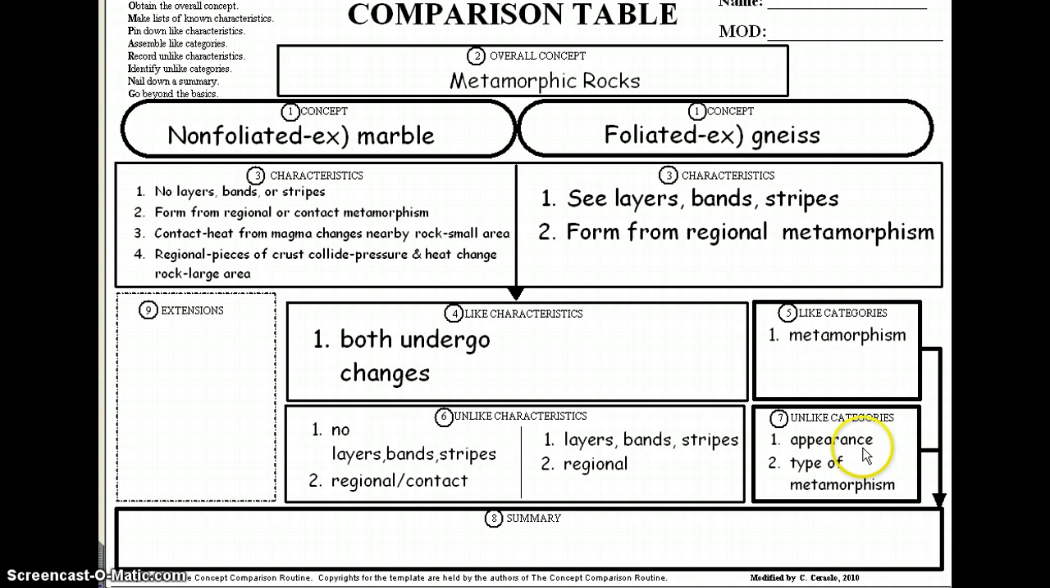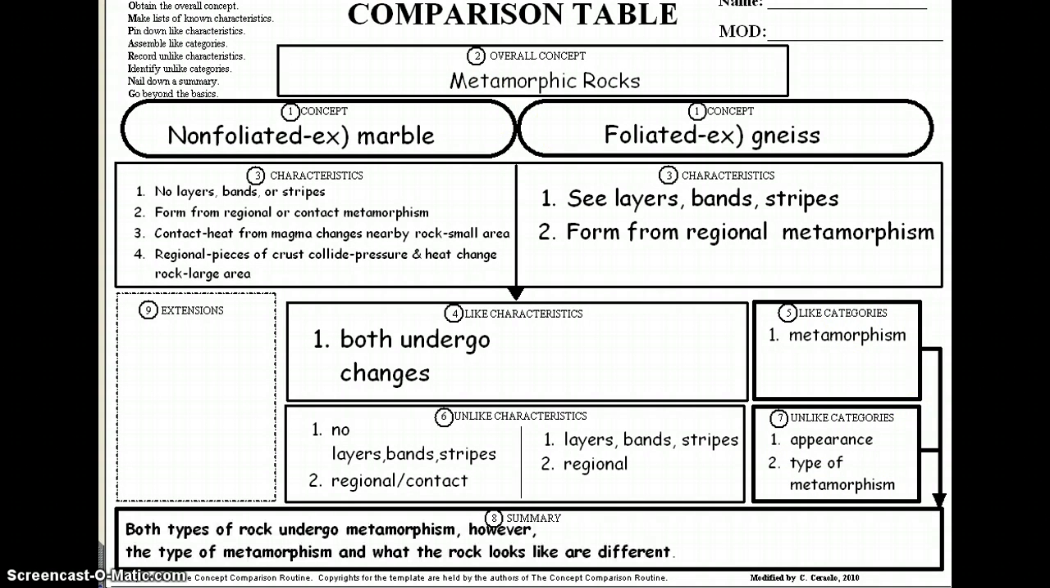Now, what we need to do is take these categories and put them together in a summary. So what we're going to do is say both types of rocks undergo metamorphism. However, the type of metamorphism and what the rock looks like are different. So this is a comparison table we completed, again, on metamorphic rocks, where we compared both nonfoliated and foliated metamorphic rocks. Our extension that we did was our